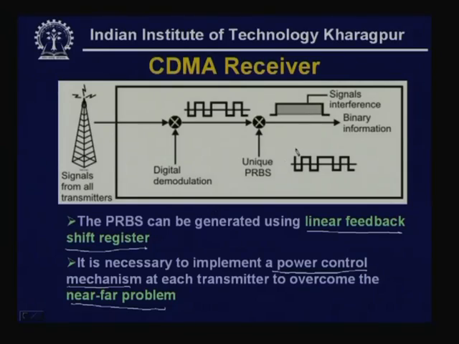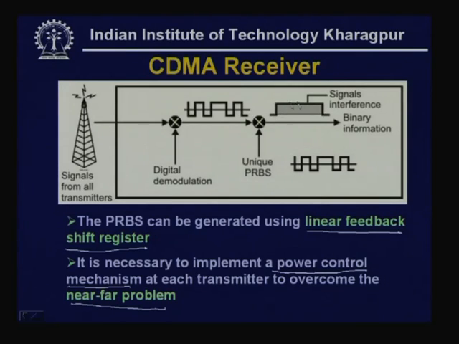Essentially, the near far problem arises because, if there is a receiver which is receiving signals from a number of transmitters, then depending on the distance, if one is very near, the signal strength coming from that transmitter will be very high, and the signal strength from other transmitters will be low. As a result, if the signal strength is very low, that will be ignored. So, that will be considered as 0, and if the signal strengths are not equal, then the noise will increase,